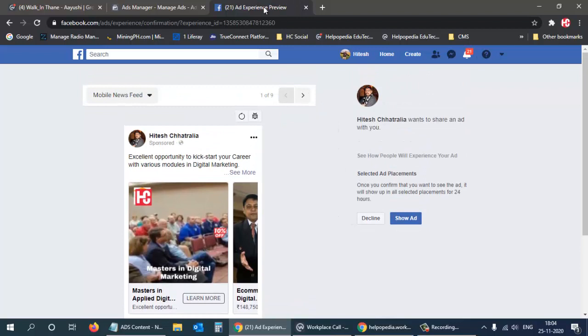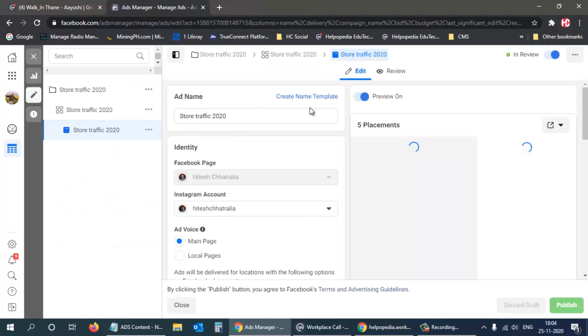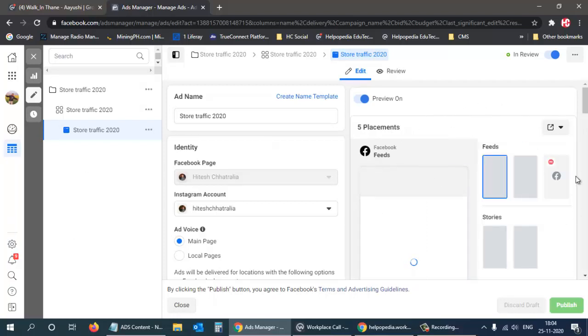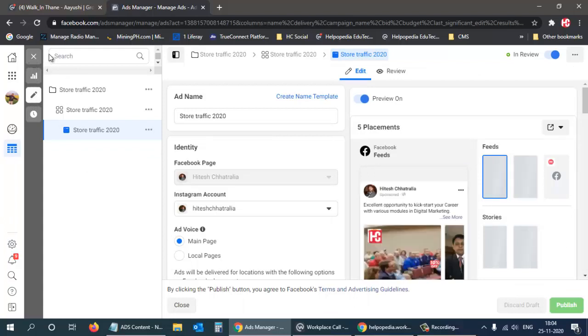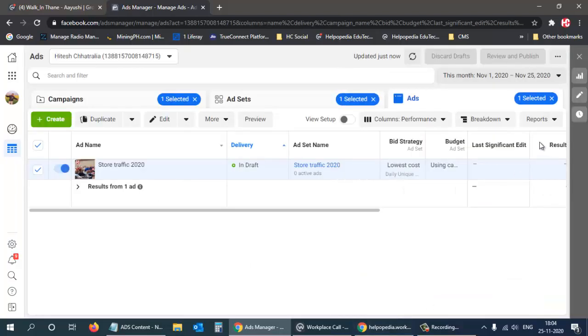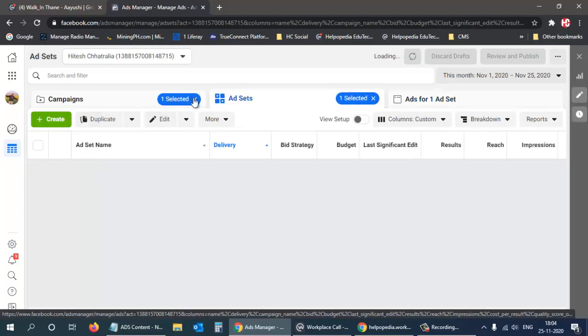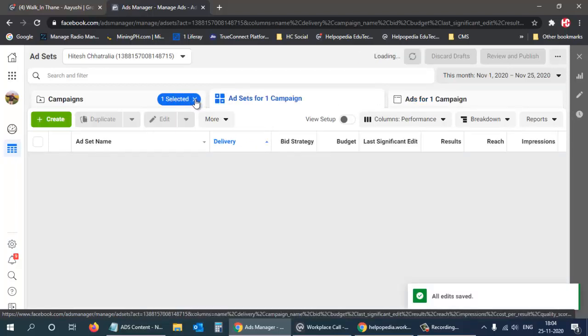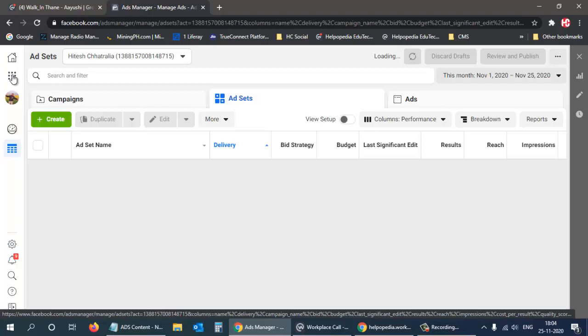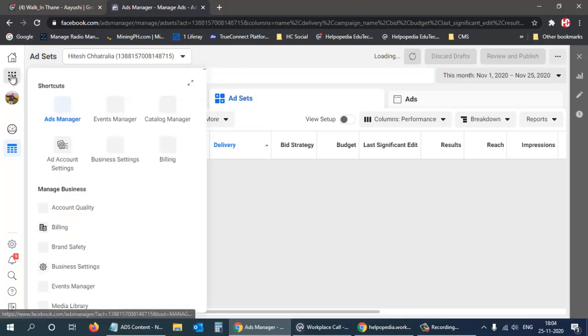So it's fine. So like this we can create the ads where people can physically come and see the ad, and then they can get the directions and everything. So this is what they have. And yeah, that's it. So this is what we have in Facebook. Once you try to practice all of them, then you will get to know how these ads will work. If you try different combinations and different options available, then you will get to know what the options are, and how we are getting the results out of it.